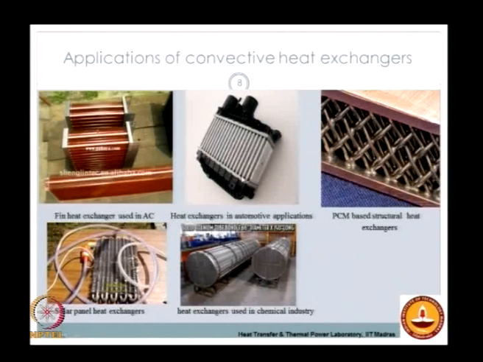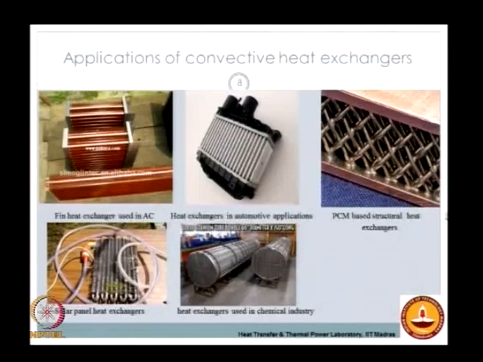And if you look at heat exchangers in your automotive applications, for example in radiator cooling, that is one good example of a compact heat exchanger where you have a very high surface area to volume ratio, and there you are also looking at external flows, that is flow of air over the heat exchanger here. You can also look at things like phase change material based heat exchangers where essentially you have